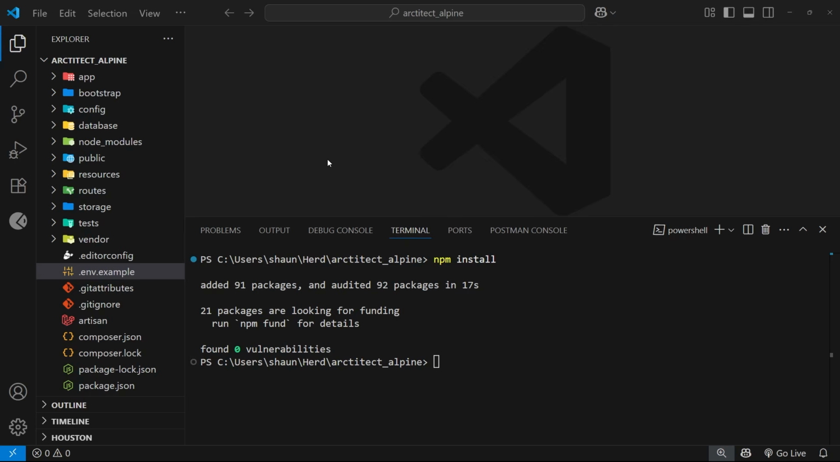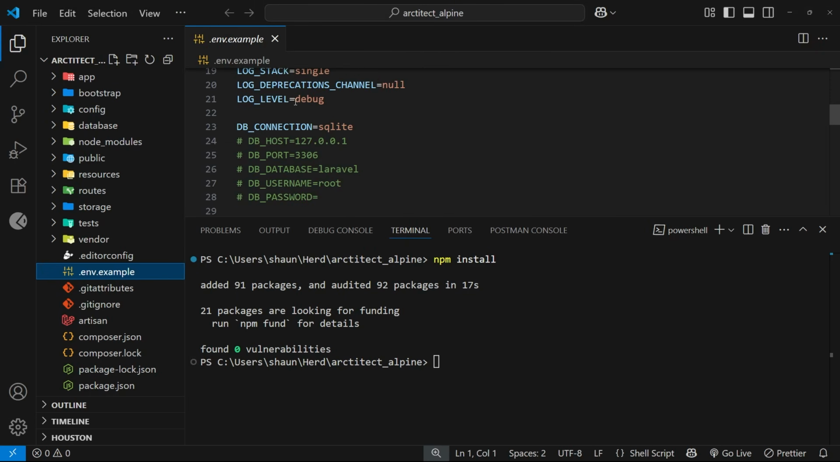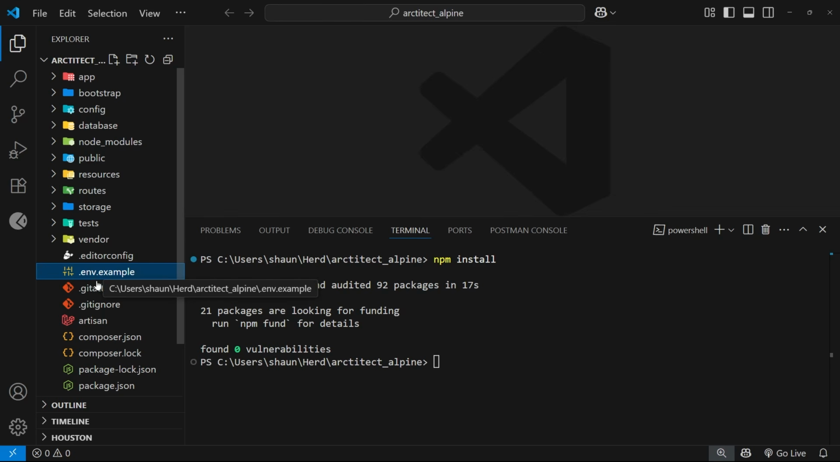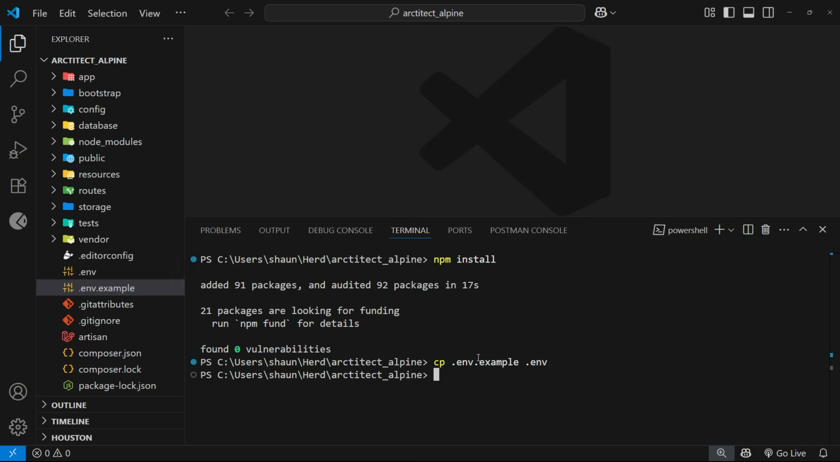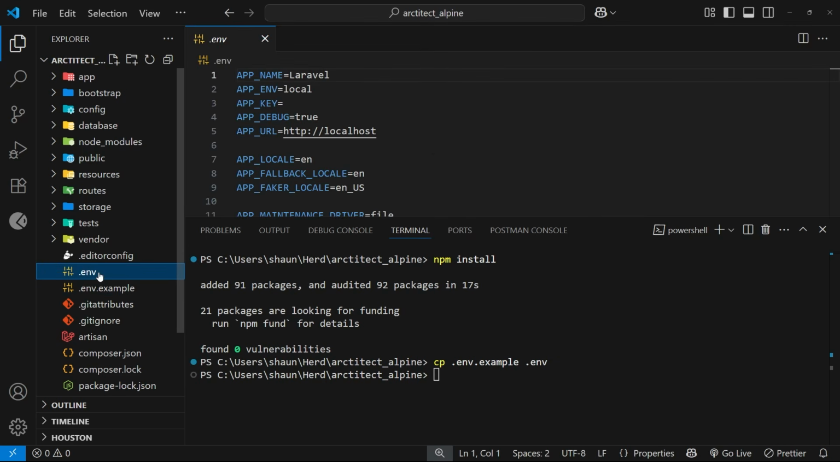Okay, and then next we need to create a .env file. Now we have an example one right here with all the basic information inside it. We just need to change a couple of things inside it and call it .env. So I'm going to copy this file down in the terminal by making sure I'm in the root directory, then typing cp, and then the name of the file I want to copy, which is .env.example, and then the name of the file I want to create, and that is .env. Press enter, and we should see a .env file